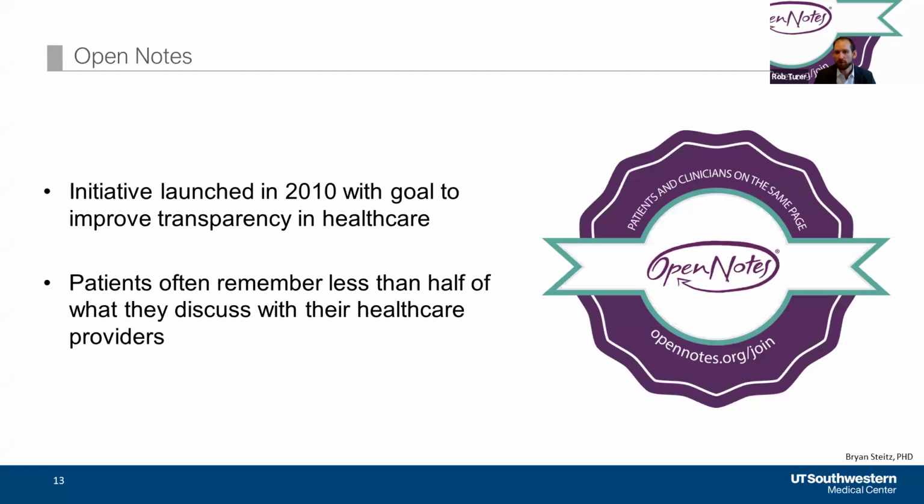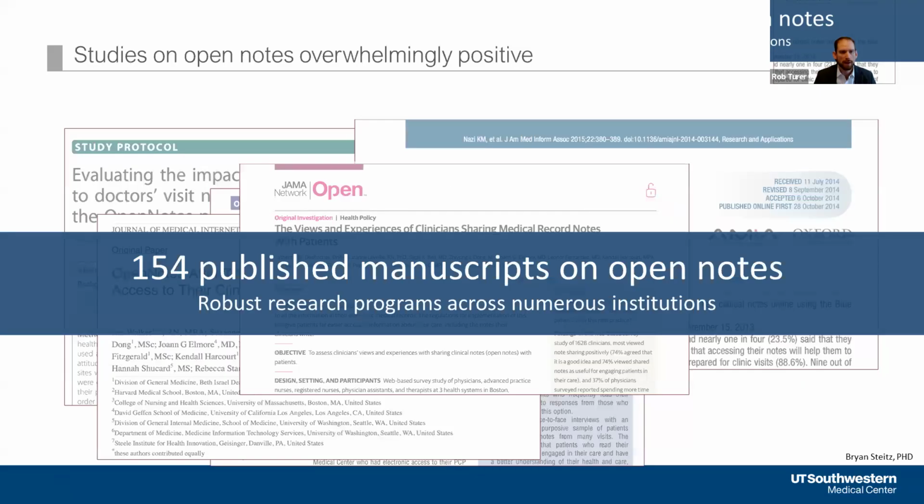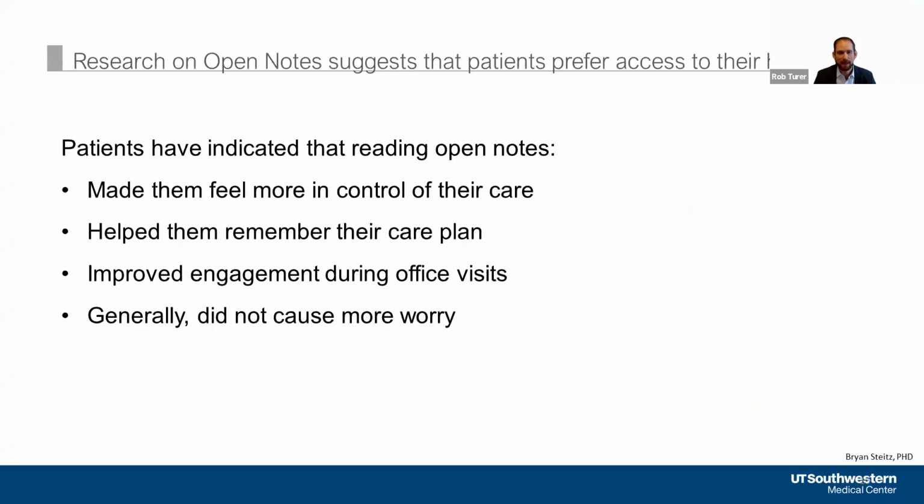Knowing that patients often remember very little of what's said during a visit, but then want to be able to reference it later, they have done a lot of work to show that there are opportunities to empower patients through the use of Open Notes and other open tools. Open Notes is sort of a well-established practice, at least in the pre-Cures era. There are more than 150 published manuscripts